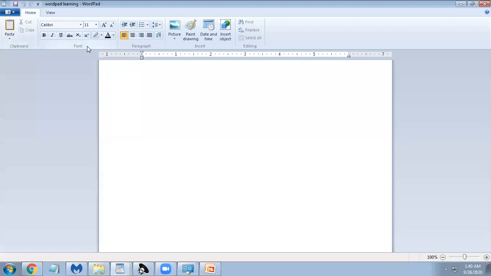In Font you can change the size and make text italic and so on. In Paragraph you can align left or right. In Insert you can insert images and other things. And Editing is there too.